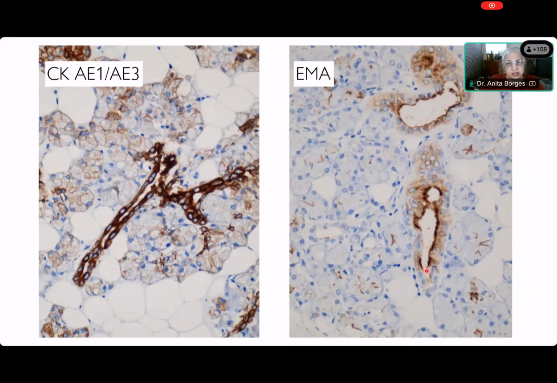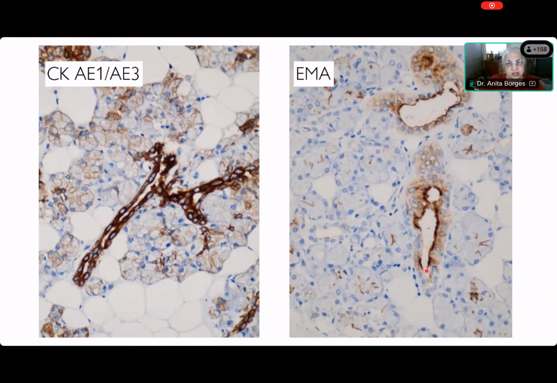And the myoepithelial cells are not the second layer of cells that you see in this picture on the left, because you don't get myoepithelial cells in what is called the striated duct. This big duct that you're seeing over here is the striated duct. And in the striated duct, the cells that form the second layer, that means the abluminal cells, away from the lumen, are basal cells. They're not myoepithelial cells. And I think there is a big difference between basal cells and myoepithelial cells.